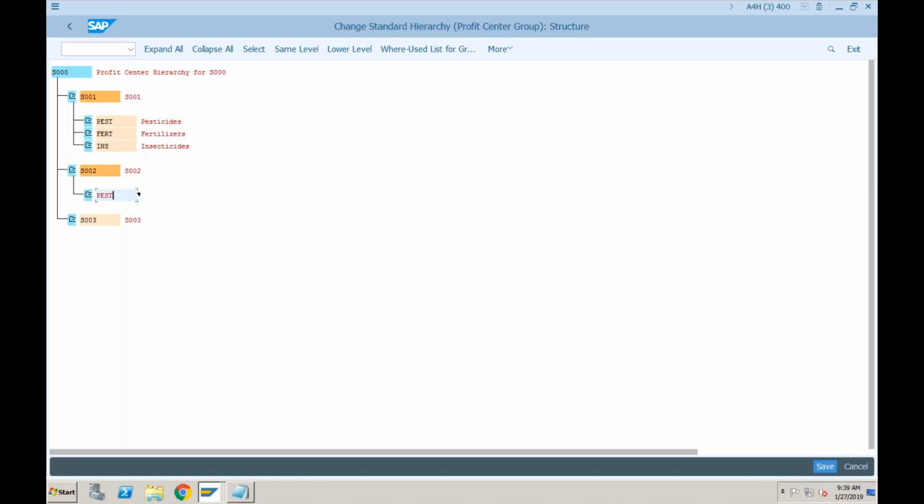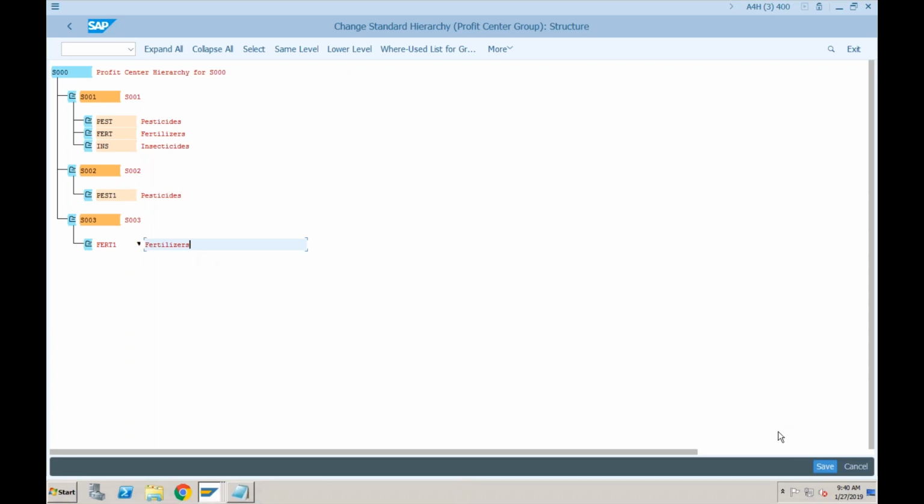Let's say PEST1. This is for pesticides, and let's say this one is only manufacturing pesticides. S003 is only working in fertilizers. So this has to be a unique code, so FERT1 and fertilizers. Okay, so this one is done.